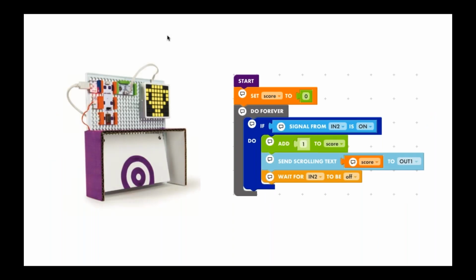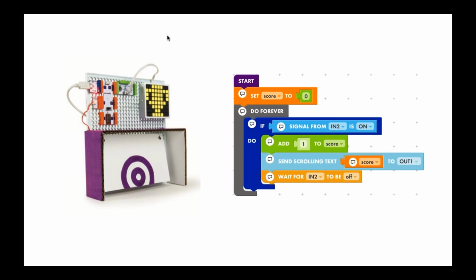And so just to look a little deeper at what this looks like, this is one of the inventions in the kit. It's the Ultimate Shootout, which is a tabletop soccer game. And then on the right, you'll see the code that generates the soccer game. So this is block programming. It's very similar to Scratch. It's based off of Google's Blockly, which is also what powers the Kano computing kits, Dashdot, and a lot of